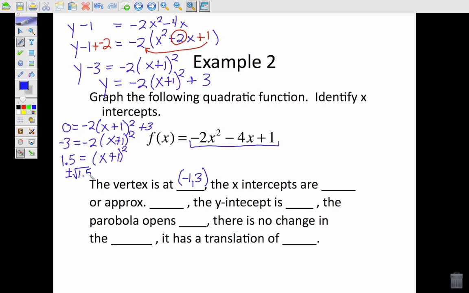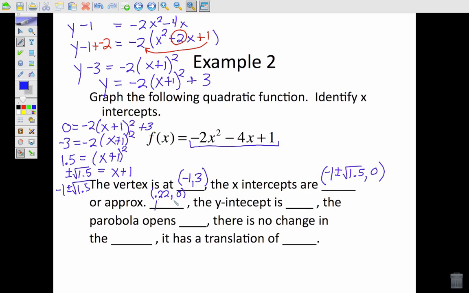Take the square root, so plus and minus square root of 1.5 equals x plus 1. So after I solve that, I'm going to get -1 plus and minus the square root of 1.5. Those are my x values. So my x-intercepts would be (-1 plus and minus square root of 1.5, 0). All right, those would also approximate to